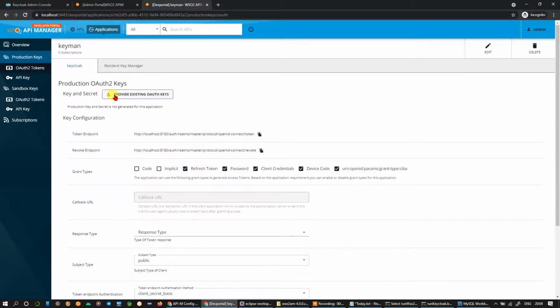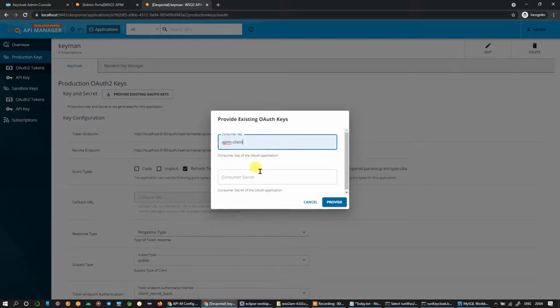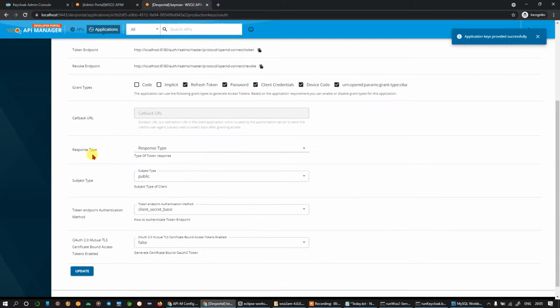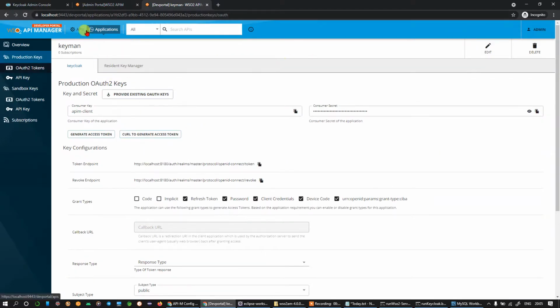Here you need to click on provide existing OAuth keys. You need to add consumer key as API client ID and consumer secret as client secret that you copied from the Keycloak key manager. Now click on provide. Wait for some time. Okay, now application keys are provided successfully. Now we have created our Keyman application successfully for the Keycloak key manager. Now we need to